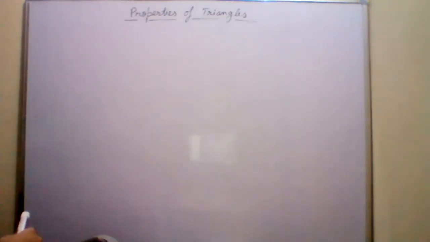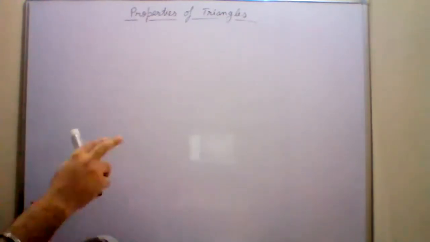Oh beta, you had to do it in your copies. You don't have to just cut out the triangle and keep it on a table. You have to stick it in your notebook, write the name of the property, which property you are doing, angle property, and what is the result of the property. All this you have to write in your copy also. Okay, sir.